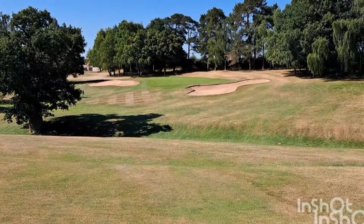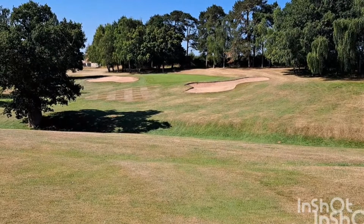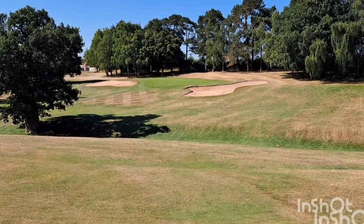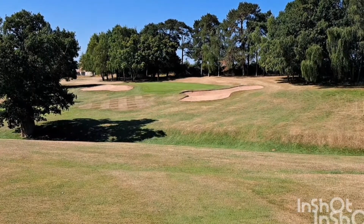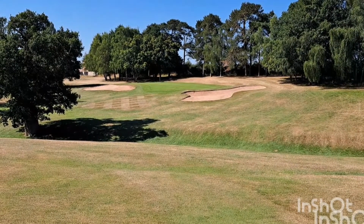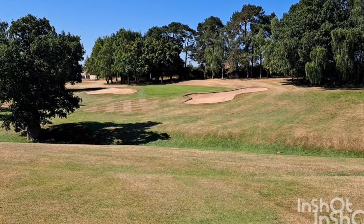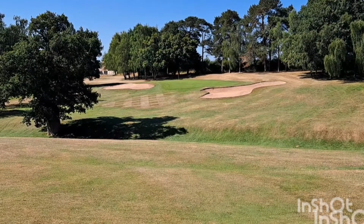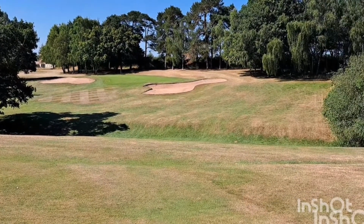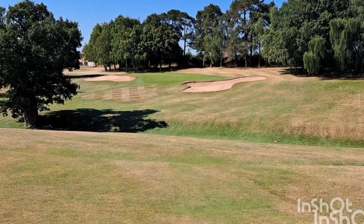That's a view into the lovely green at the fifth. Par 5, a couple of big bunkers. I'm not a great fan of really big bunkers, prefer smaller ones and more of them. You have to rake for ages if you go in one of them, but I've played 2 so far, but there's such a roll on because the fairways are really dry. I'm just short of the green, but I'm down in the gully there,